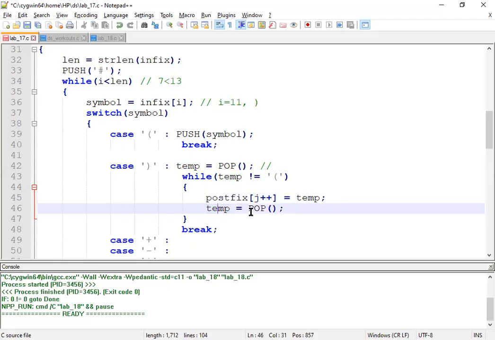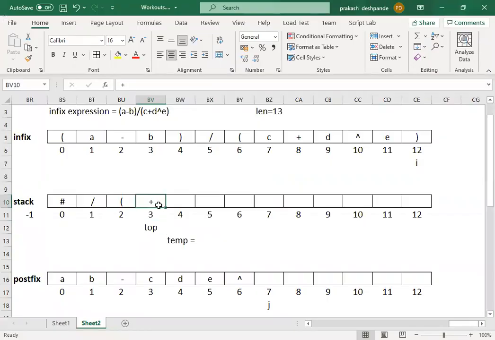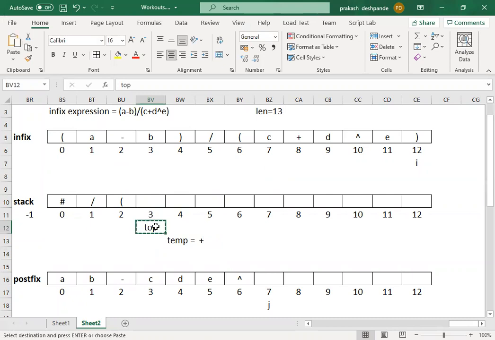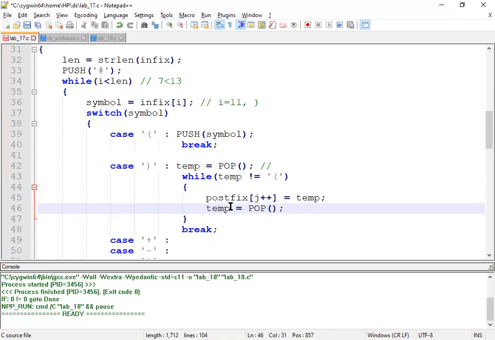Next time when we call the pop function, again the top element will be removed. The top element here is the plus symbol. So this plus symbol will be removed and added into the temp variable. And then top will be decremented, and from here it will come over here.